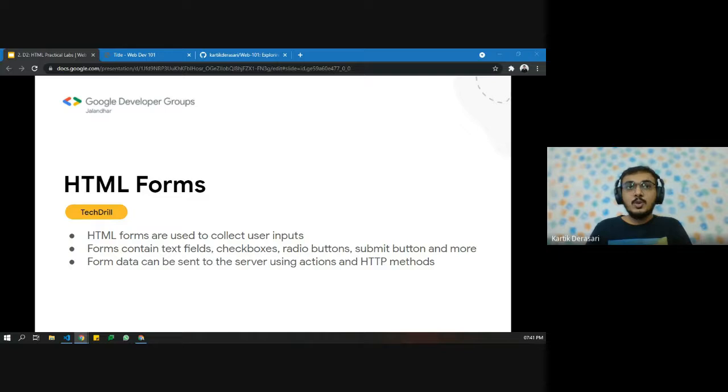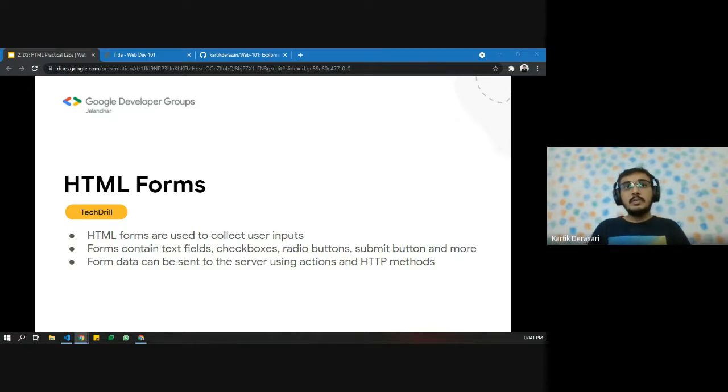Okay, so as mentioned, forms are used to collect user inputs. It generally contains different kinds of input fields. It could be a text field, a checkbox, radio buttons, a submit button, and so on and so forth. There are all different kinds of input field types.